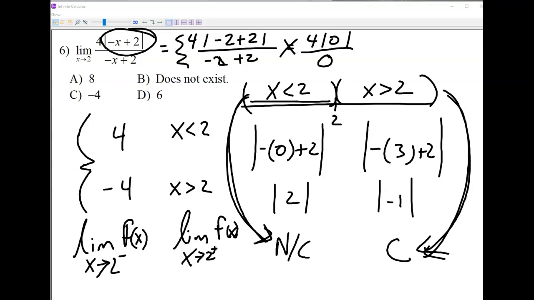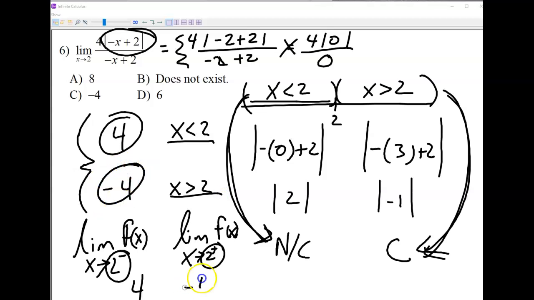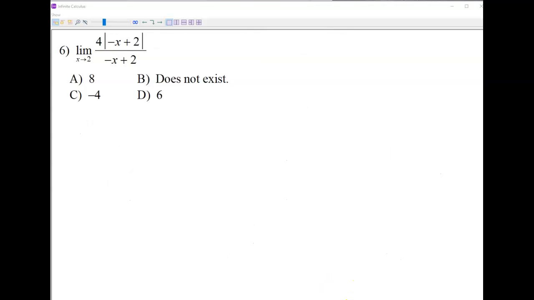All right, so if I'm approaching 2 from the left, that means I'm approaching where x is less than 2, and the answer for that's going to end up being 4. And if I'm approaching 2 from the right, I'm approaching where x is greater, and that's -4. Now, as you can see, they're not the same. And since they're not the same, that would mean the limit does not exist. Okay? So that's not too uncommon with these types of questions, but that's usually how it ends up turning out. All right, let's go ahead and take a look at yet another